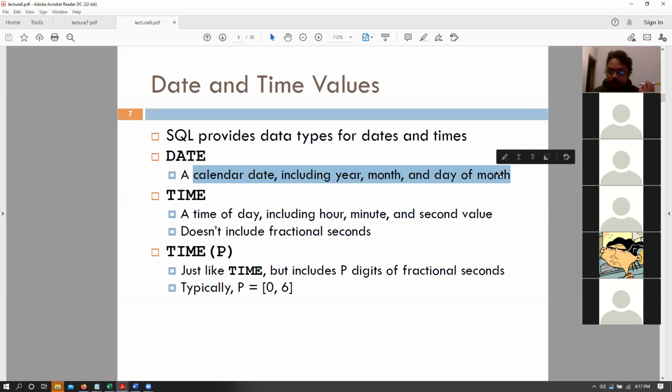Again, remember that different databases allow, so there are two types of dates, right? One is the Julian calendar, one is the Gregorian calendar.